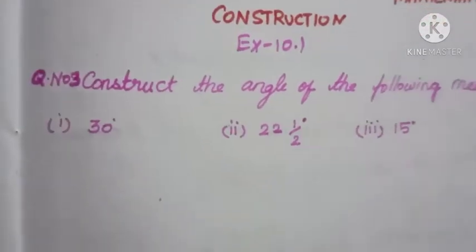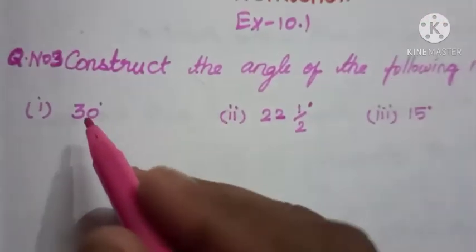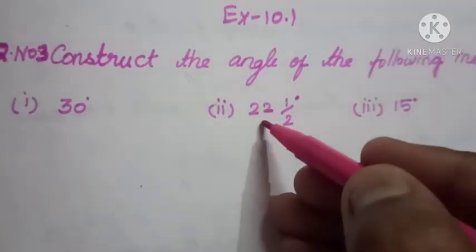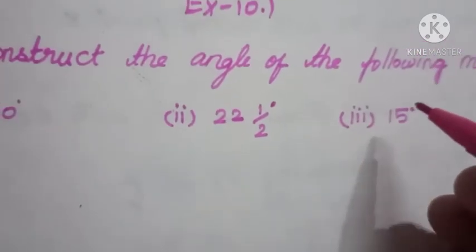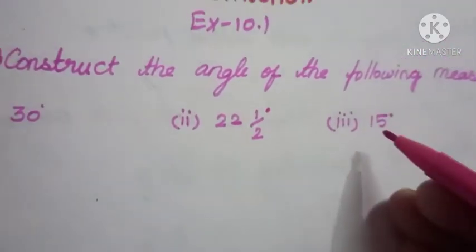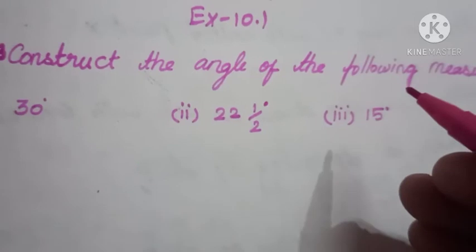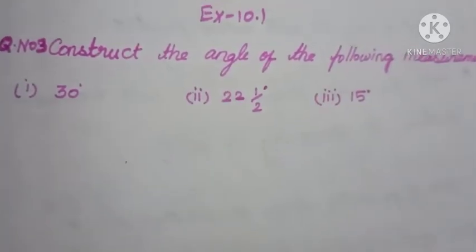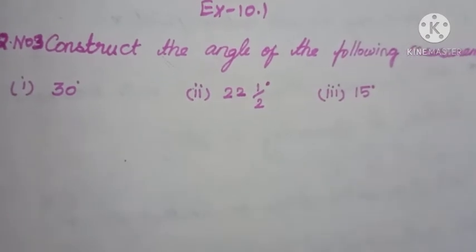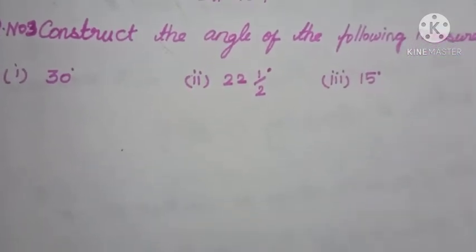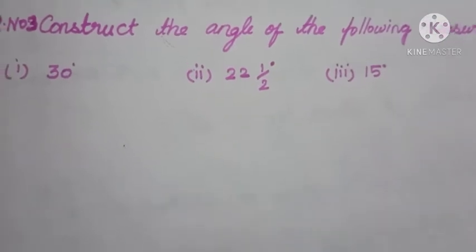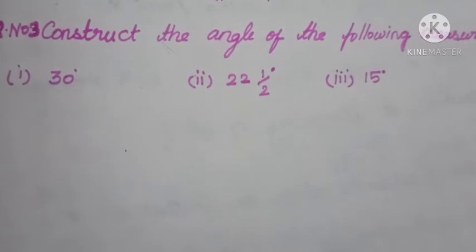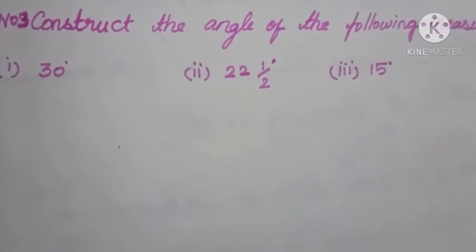So now you observe, 30 degree, you know that this is half of 60, and 22.5, how you can take, it is half of 45, and this one is half of the first one, that is 30. Before I take a diagram of these angles, I want to inform you what is the construction, how you can construct, basically how you can draw the angles. I want to explain that general construction.